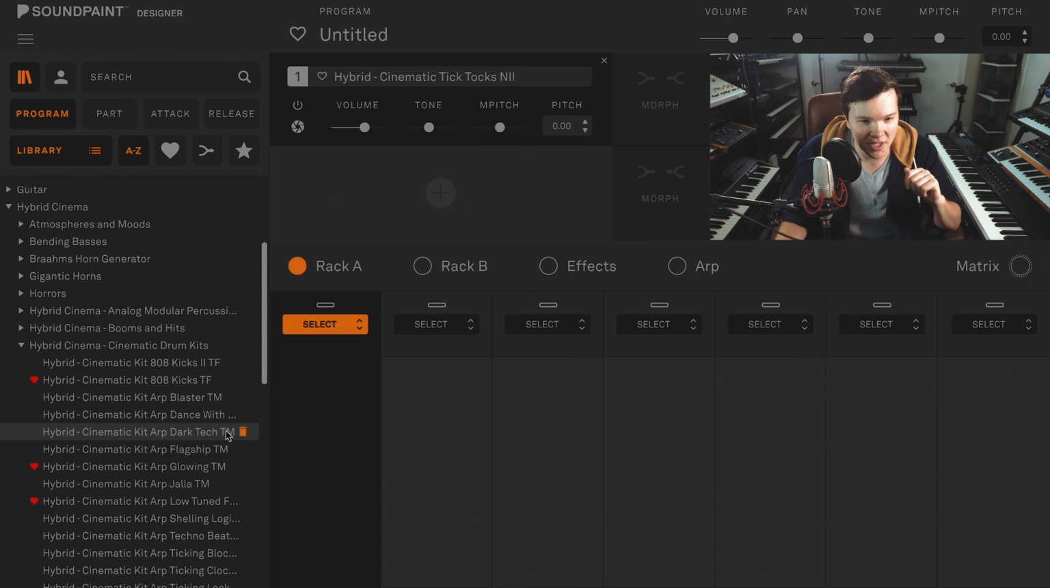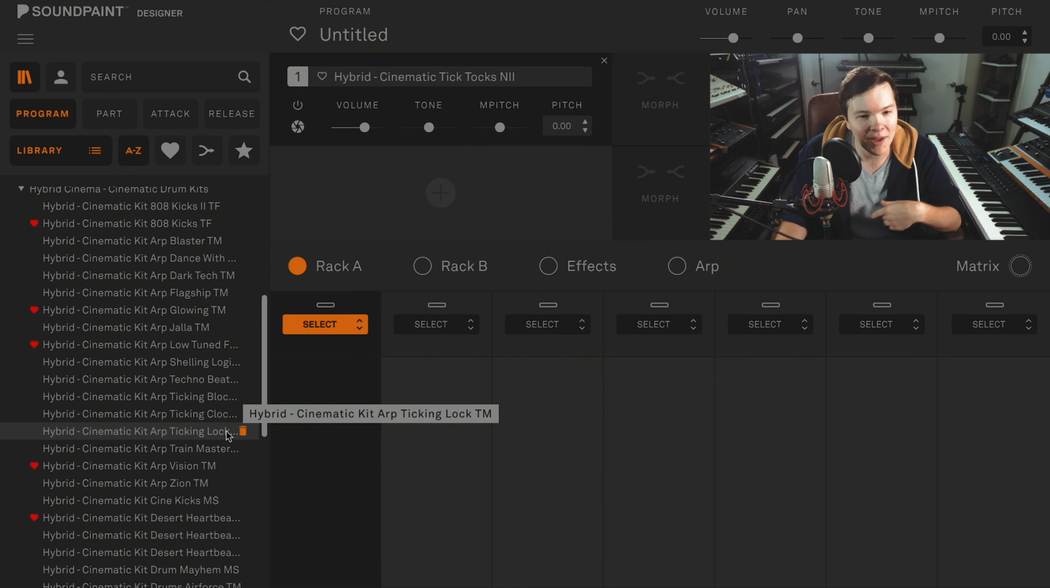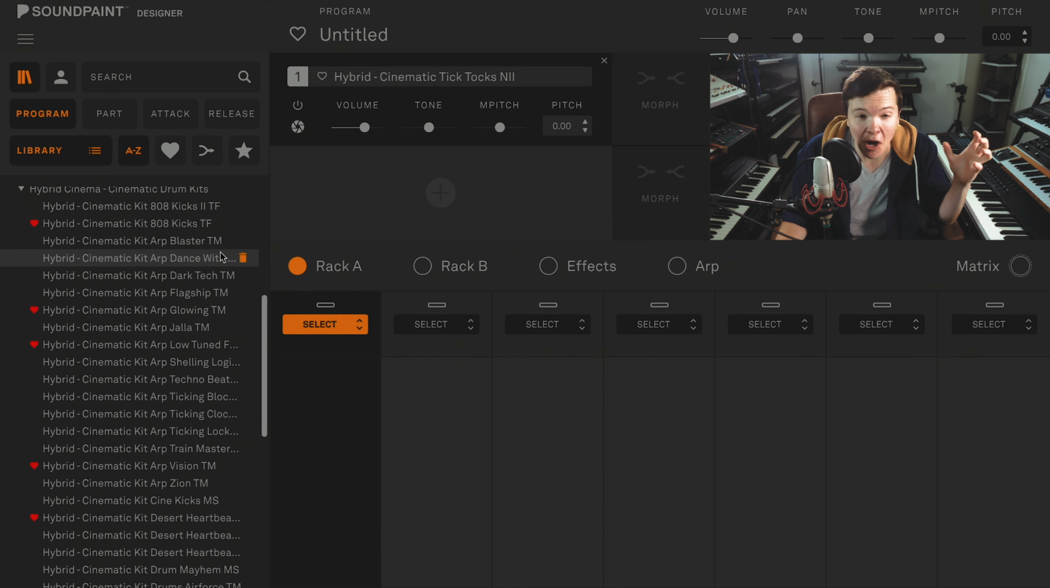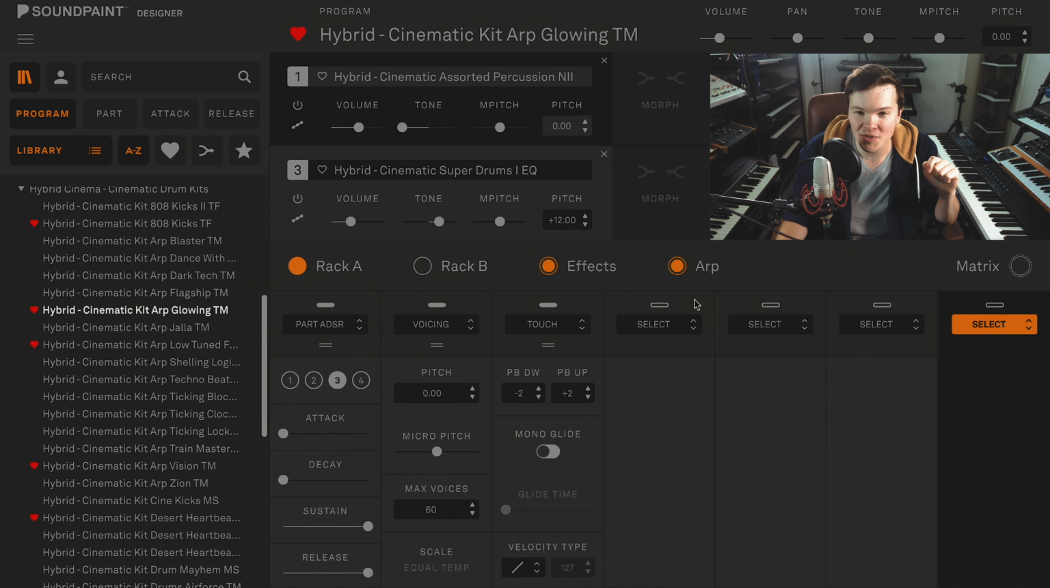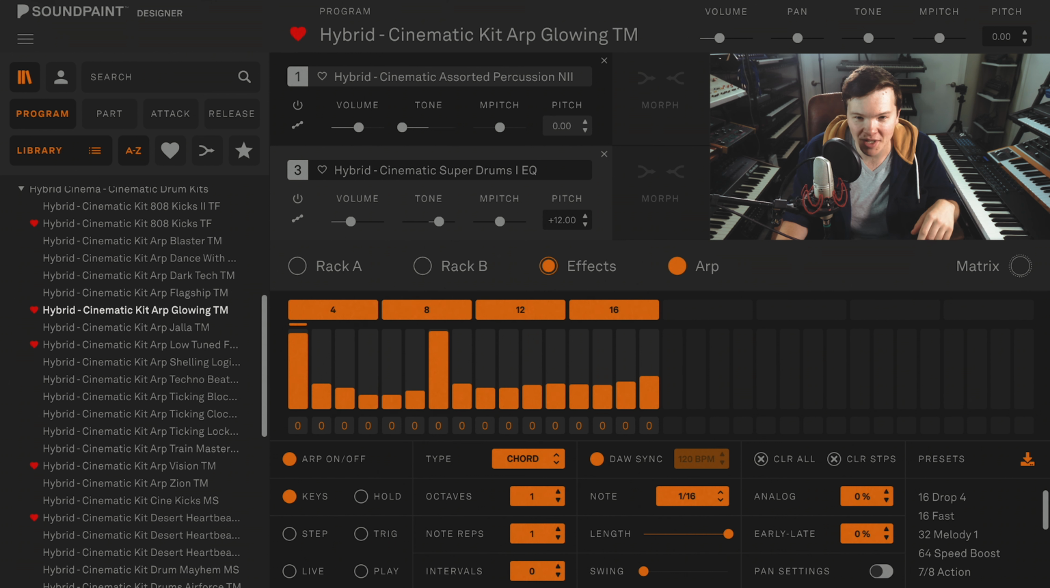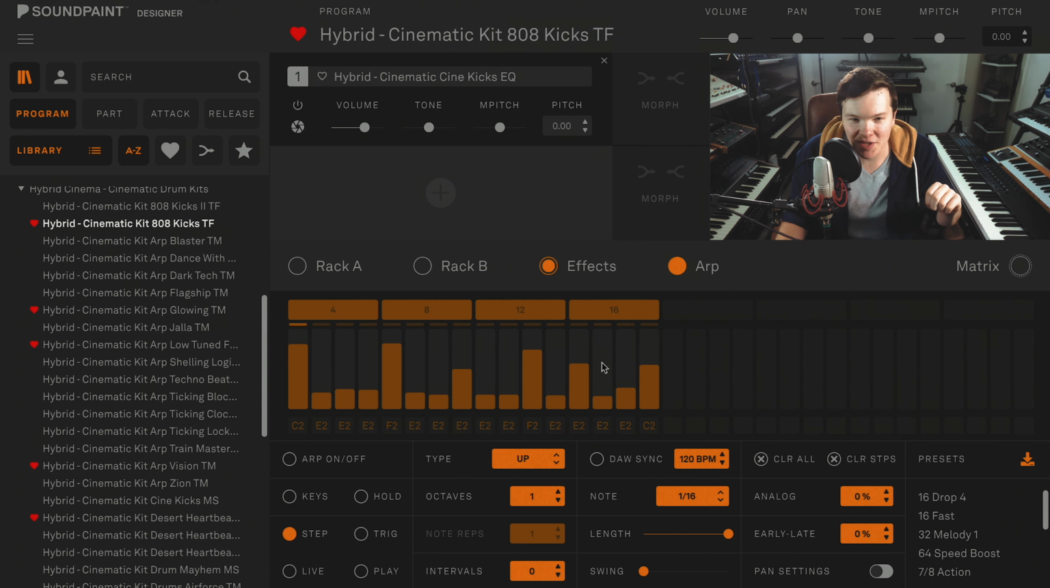Let's head over to the program section where we have a wide variety of stuff. No shortage of ARPs here. So if you're looking for that quick plug and go situation, you can always pop over to the ARP section. Make sure you always check it, especially with libraries that are percussive, because some really cool sequences are written in here. Let's try this one by Trolls. This is called Cinematic Kit,